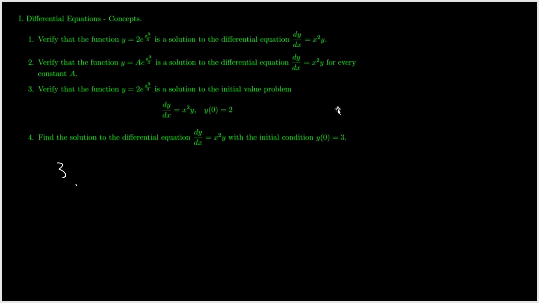Actually, you're going to see many questions like this. For question 3, we just understand the concept. So later on, you're going to see the idea over and over again. The initial condition is used to determine the constant. Now we just understand what is the meaning of initial value problem. Now for question 3,